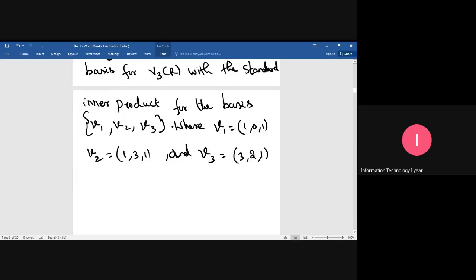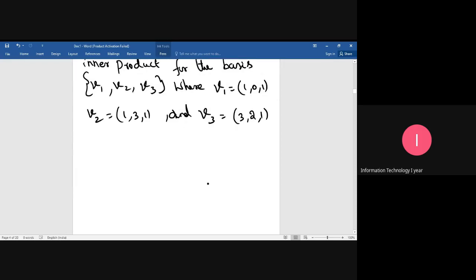Suppose in the question only V1 and V2 are given, then you find the orthonormal basis W1, W2 alone. So it is 3 vectors here, therefore we find the orthonormal basis W1, W2 and W3. Suppose V1, V2, V3 and V4 are given, then you find W1, W2, W3 and W4. Okay. So here 3 vectors V1, V2, V3 are given. So you find out using Gram-Schmidt orthogonalization process the orthonormal basis. Okay. So solution.